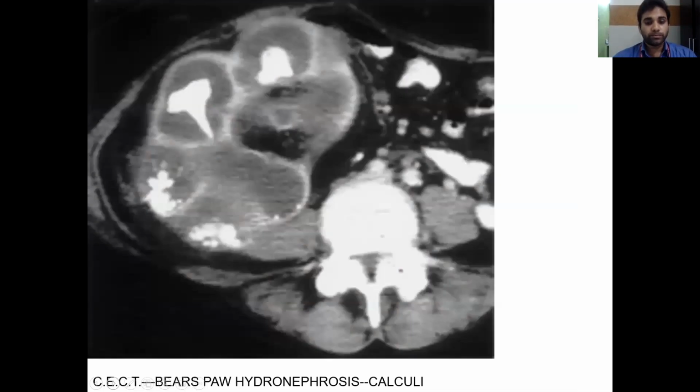Bear's paw. Bear's paw hydronephrosis. This CT shows Bear's paw hydronephrosis with calculi. The Bear's paw sign refers to the cross-sectional appearance of the kidney affected by xanthogranulomatous pyelonephritis. There is a radial arrangement of multiple low attenuation round spaces representing dilated calyces,